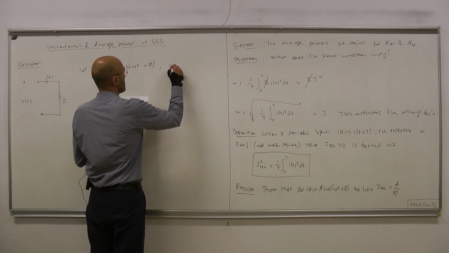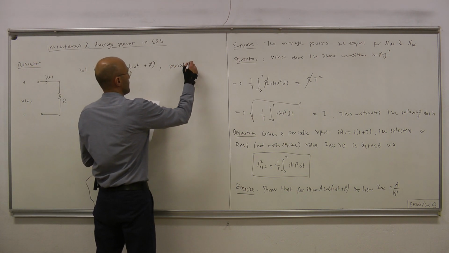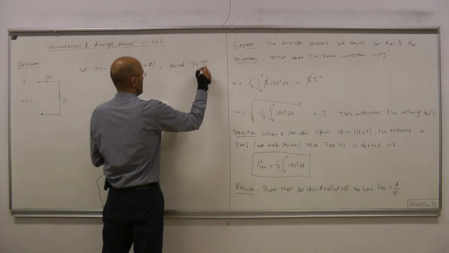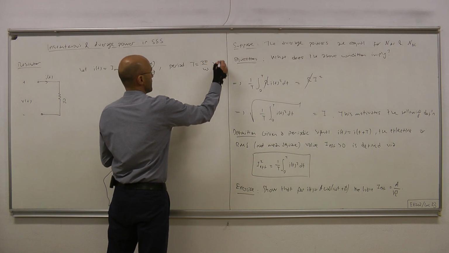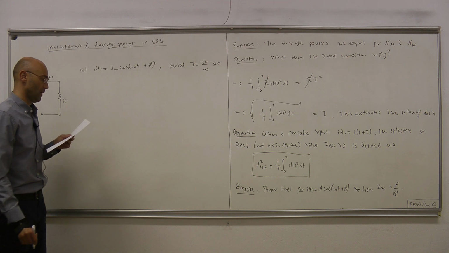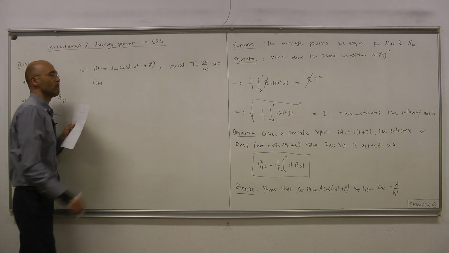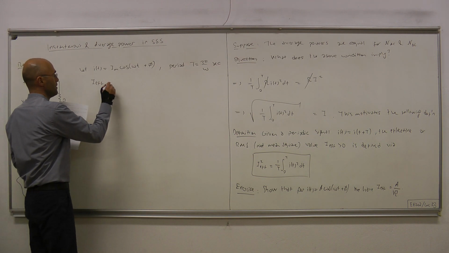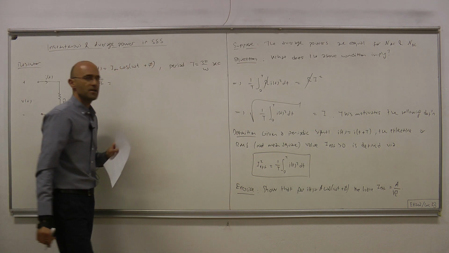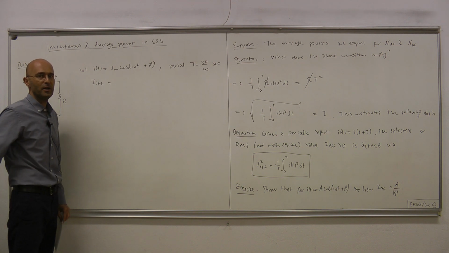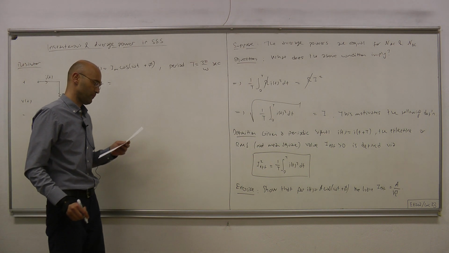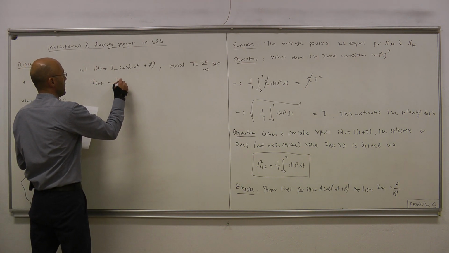Okay, period T equals 2 pi over omega seconds, and the RMS or effective value for this current is, from this exercise, the magnitude divided by square root of 2. Okay, we have Im over